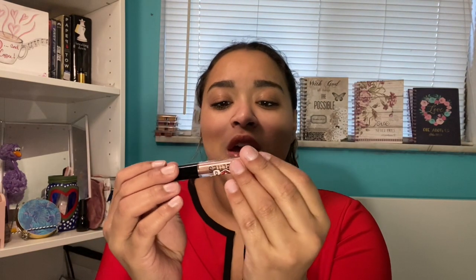All right, what's next? I guess next is eyes. So I actually pulled this Model Co Eyelight in the shade St. Barts, and I think it's gone bad as well. It doesn't smell weird, but when I was putting it on my eye, I wore it for the day, and there was some point I must have touched my eye or something, but it literally chipped off like half